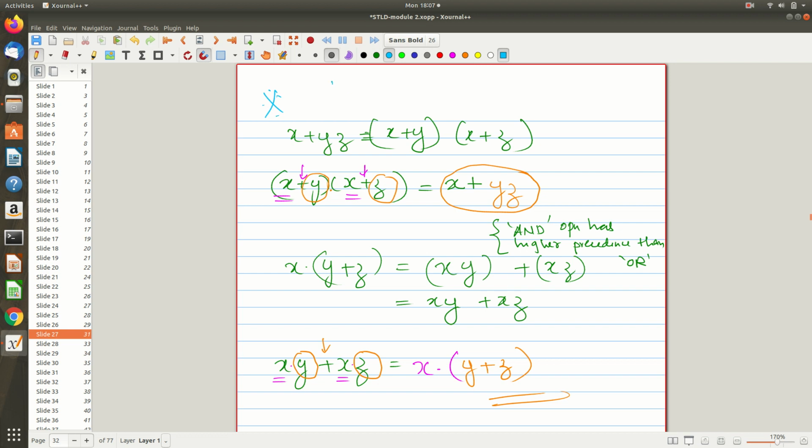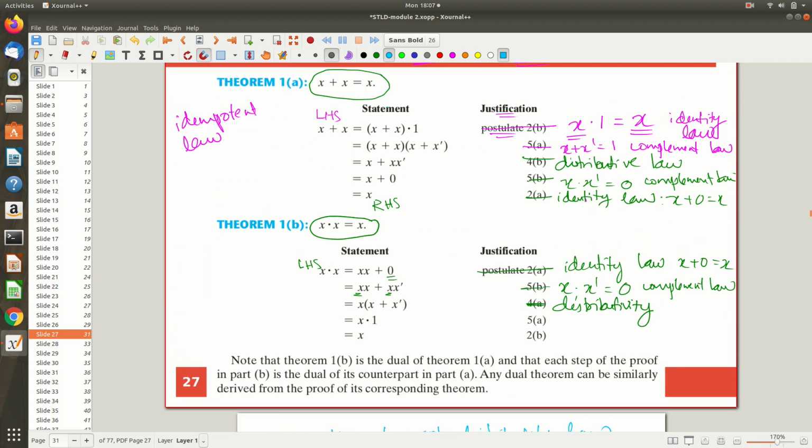And how to apply the distributive law? Distributive law, I think all of you are comfortable with the forward direction. Now you should be comfortable with the backward direction also. So given any expression, this should go through your mind whether I have to apply the backward or the forward direction. Accordingly you do it. So we are at this point, and what we observed is here I can use the distributive law. Now the same thing, that x is coming here, dot is coming, grouping, and what remains, x and x dash, and the middle one, that is plus.